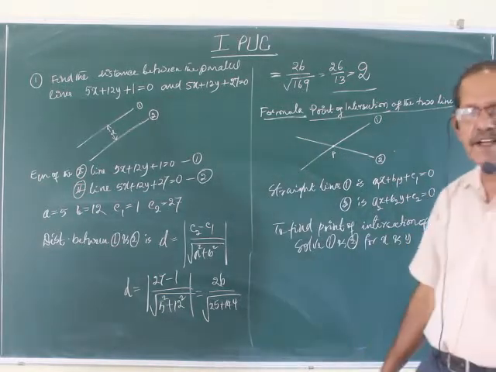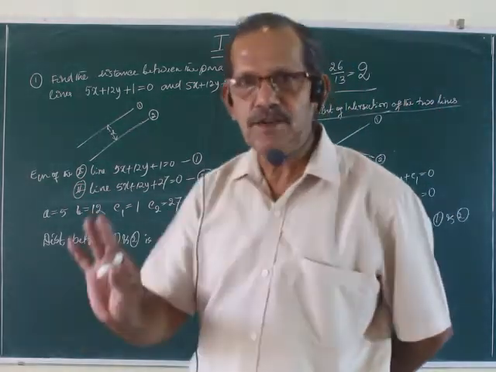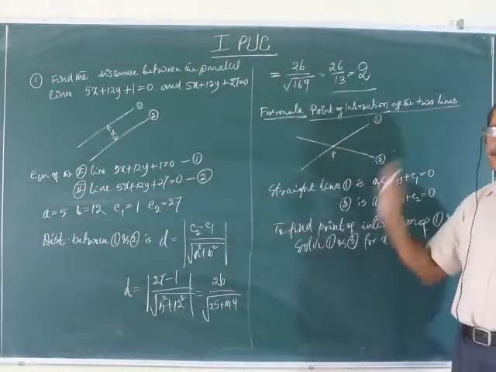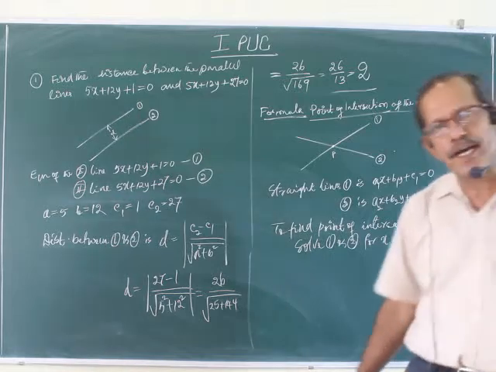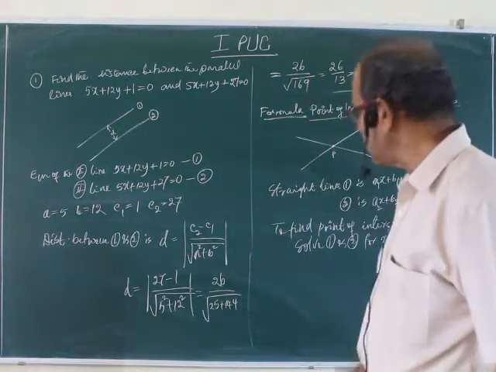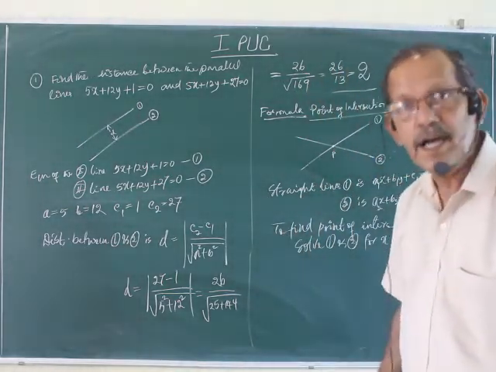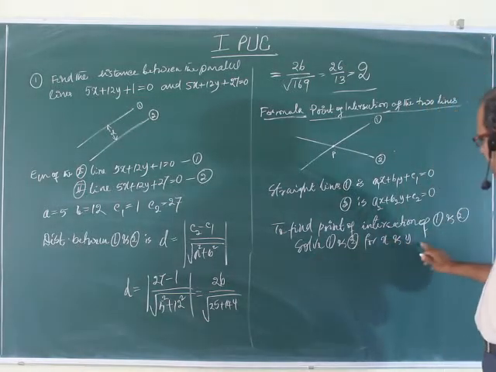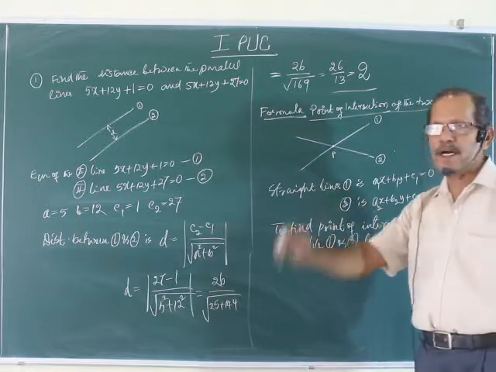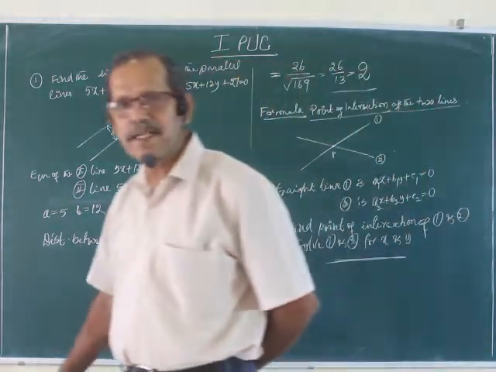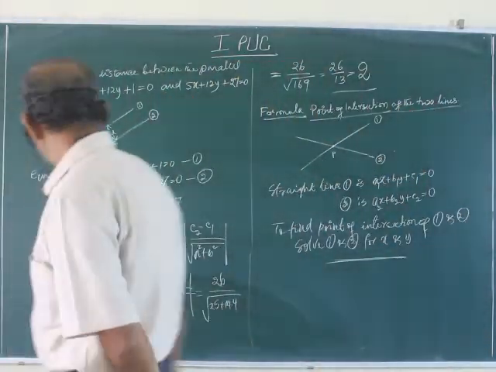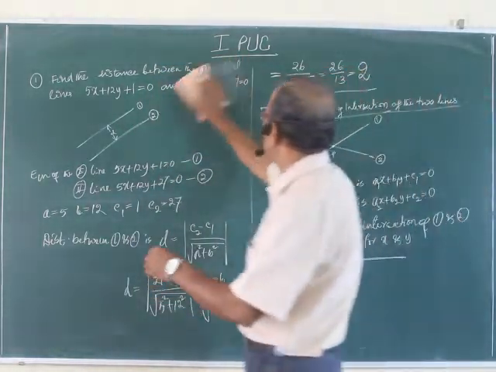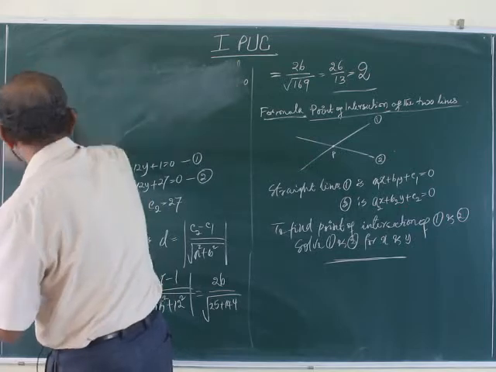Not necessary to write the formula. It is better to know the method, that's all. How to find the point? Solving the equation. Whichever method you know, you can solve it, no problem. Solve the equation and give me the value of x and y. Over. That is nothing but the formula or the theory behind that particular point of intersection. Let me take 1 or 2 examples, then the idea will be clear.